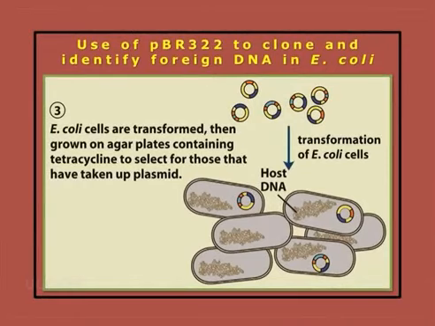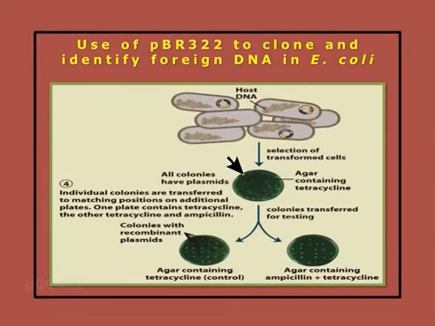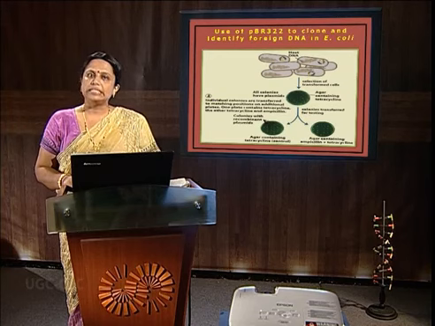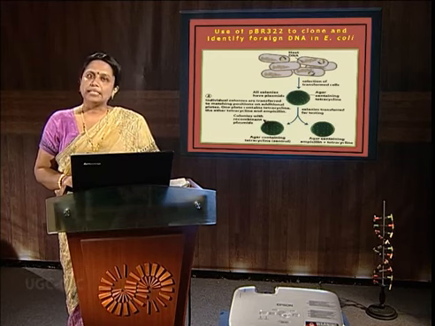But as you know, the PstI site has been used to introduce the foreign DNA, so we select the transformants in the presence of tetracycline. In the tetracycline plate, we will get colonies which contain either only the plasmid or the plasmid plus insert, meaning the recombinant DNA. Now we really need to select those cells that have received the recombinant plasmid and not only the plasmid.